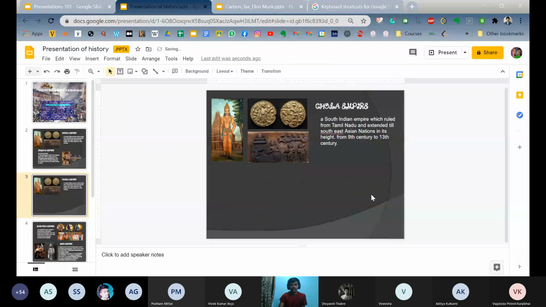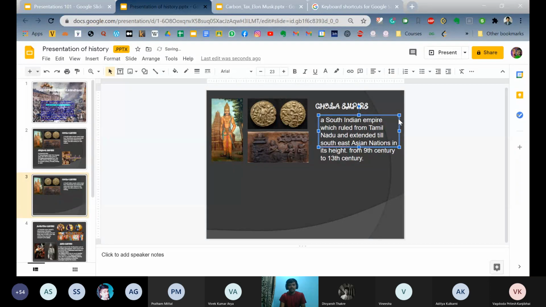Okay. And then I want these things to be larger, more legible. So the keyboard shortcut to increase the font size is Control, Shift, and full stop, which is like Control and greater than.